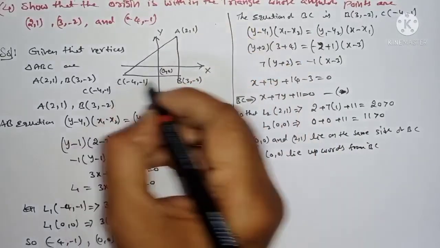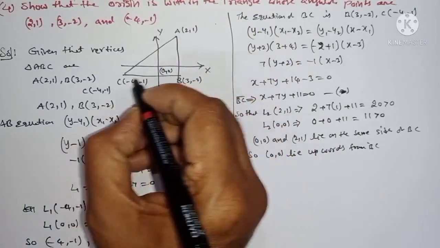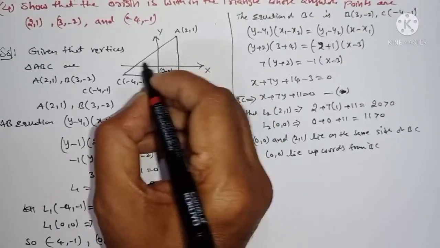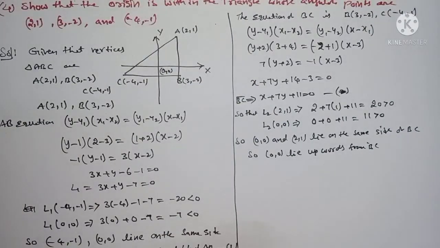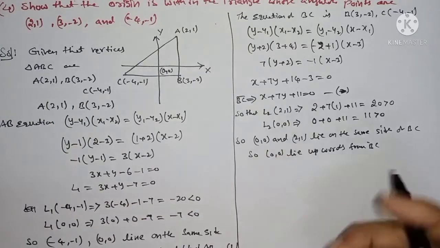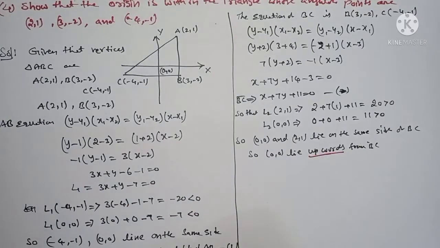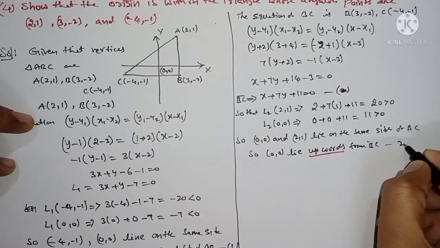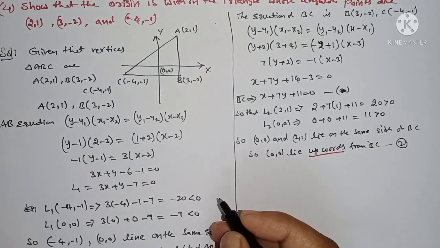Upwards means 0 comma 0, where is it? If BC is the line, upwards is there. If the base side is the left side, the first one is the left side, the second one is the upsides. First is the left side and upsides of the BC. You can call this equation number 2. And find the third equation.